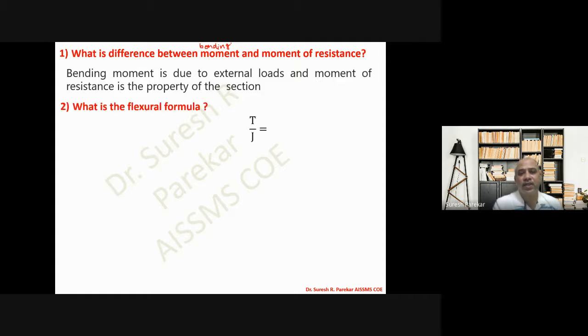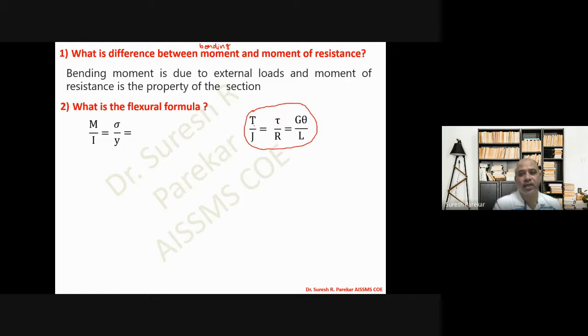What is the flexural formula? If you remember, we have the torsional formula, and the flexural formula is parallel to this. T by J becomes M by I. T is the torsional moment, M is the bending moment, J is the polar moment of inertia, I is the moment of inertia,